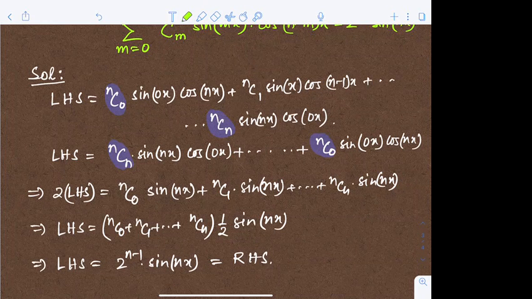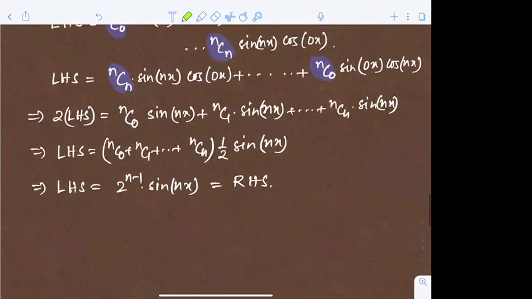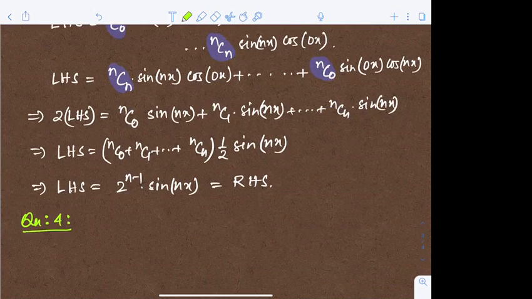Let's take another question here. In this question, given if g of x is equal to,